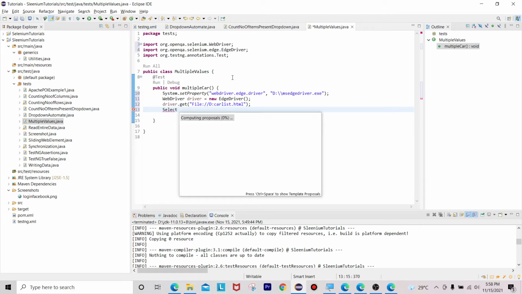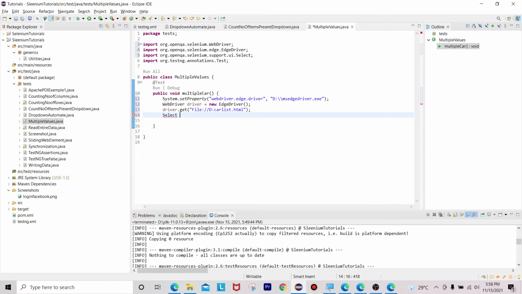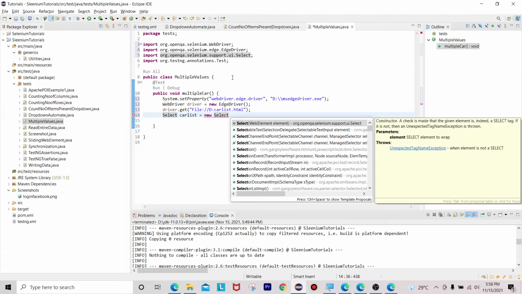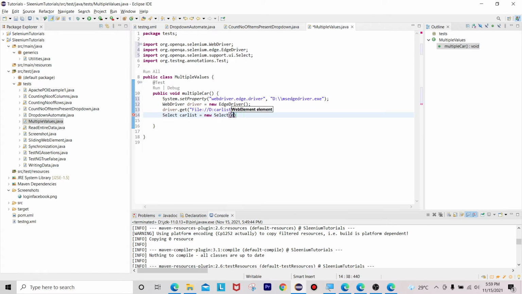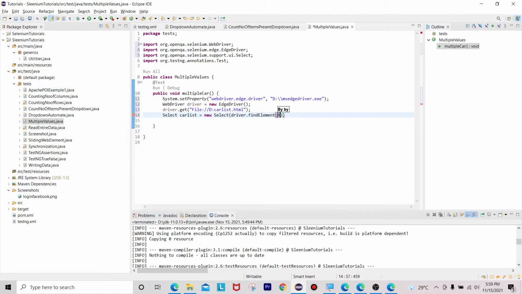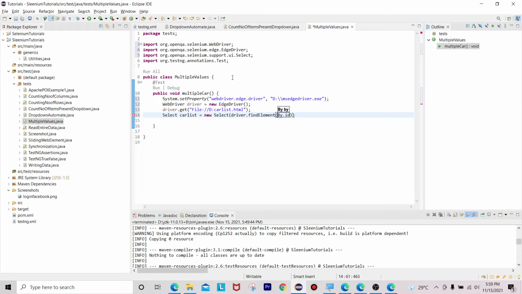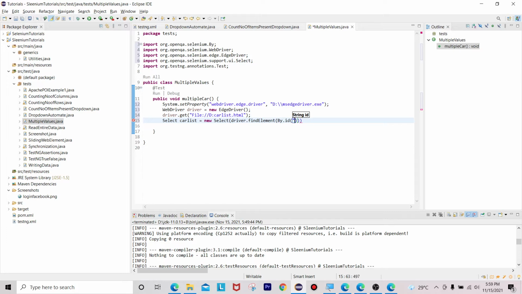Select class is used to create a drop down. Select class, Select carList equals to new Select of driver.findElement by.id of car, right?